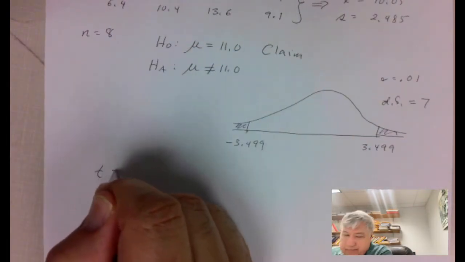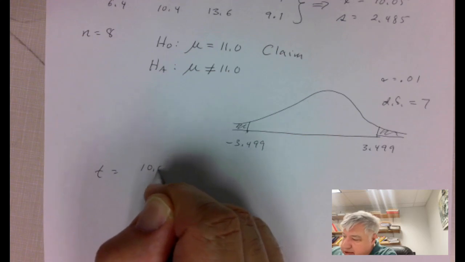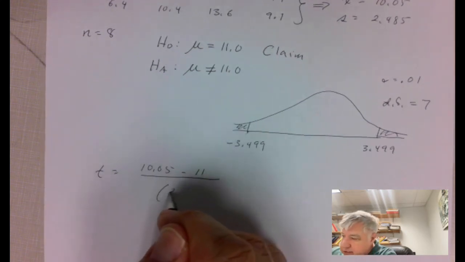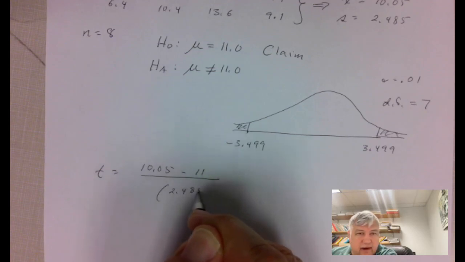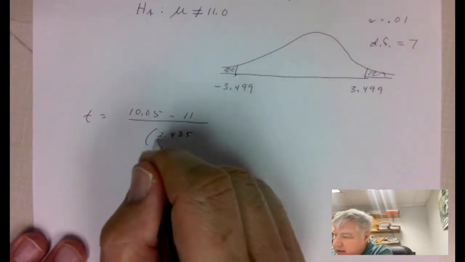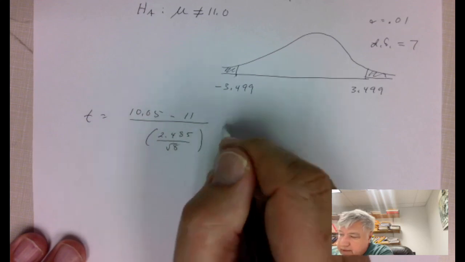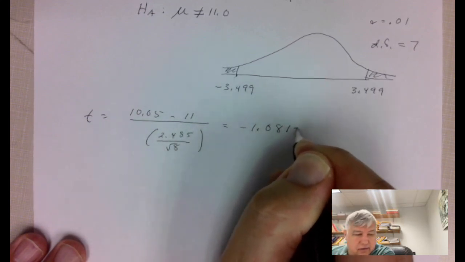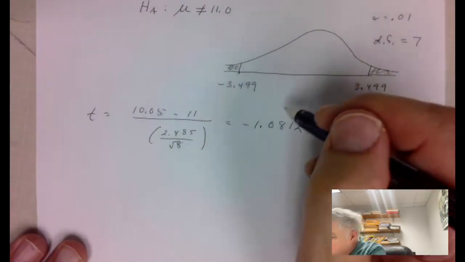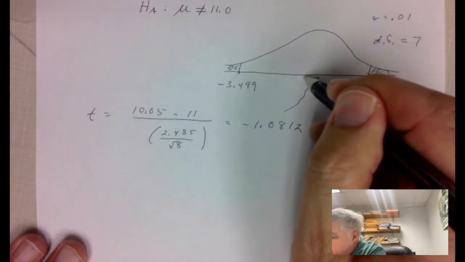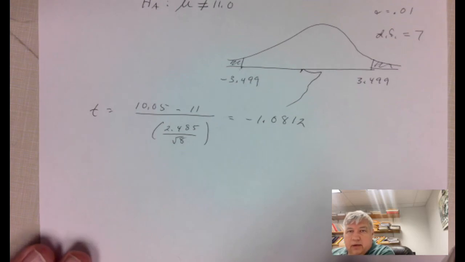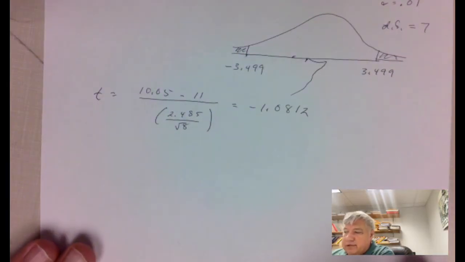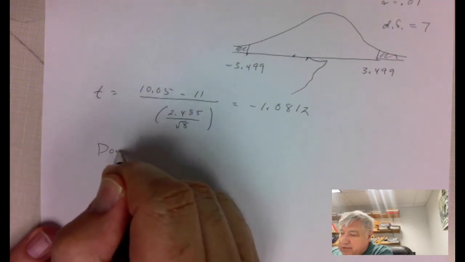So t is 10.05 minus 11 over 2.485 divided by square root of 8. And this is negative 1.0812. Okay, that will be in here. And actually it's closer to this, but it's not in the rejection region,